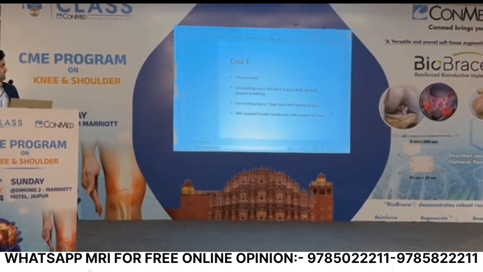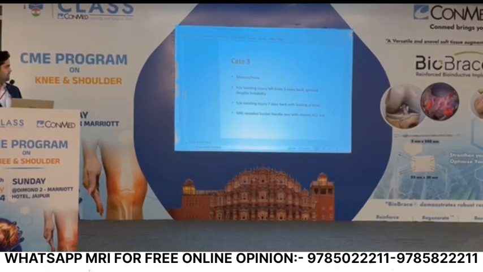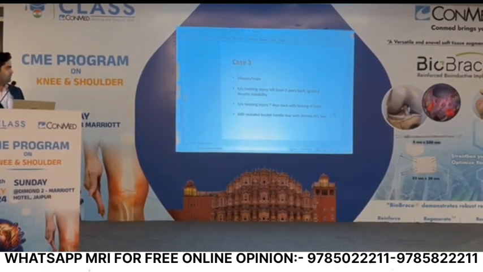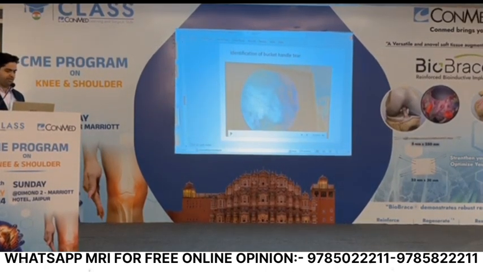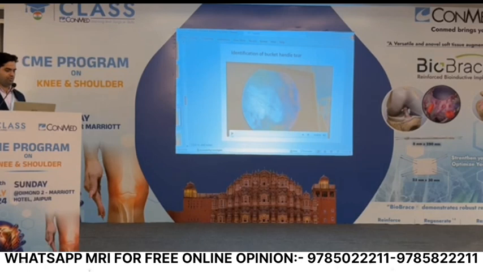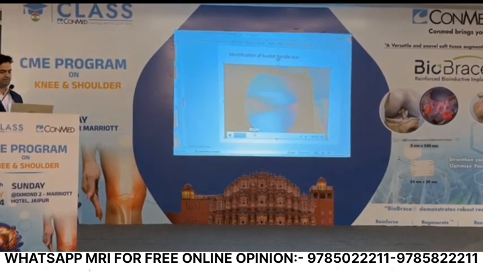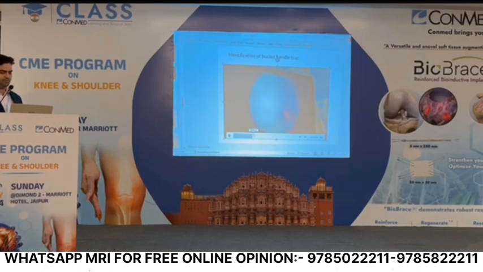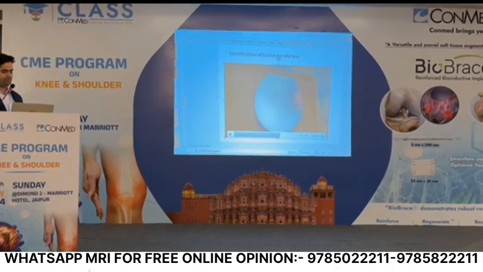Case: a 34-year-old male, history of twisting injury to the left knee 3 years back, ignored despite instability, and a history of twisting 7 days back with locking of the knee. MRI revealed a bucket handle tear with a chronic ACL tear. Identification of a bucket handle tear: we should always probe the meniscus in case of a chronic ACL tear, because many times it is so well reduced. It is a bucket handle tear placed in the intercondylar notch, but many times it may be well reduced and may be misdiagnosed.